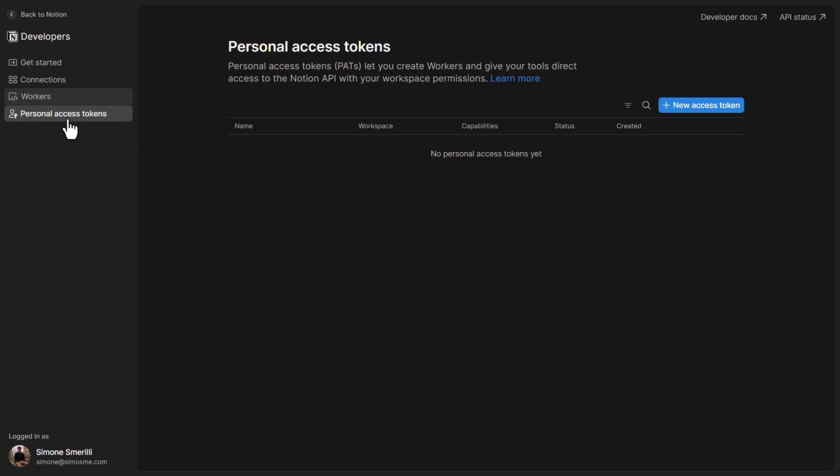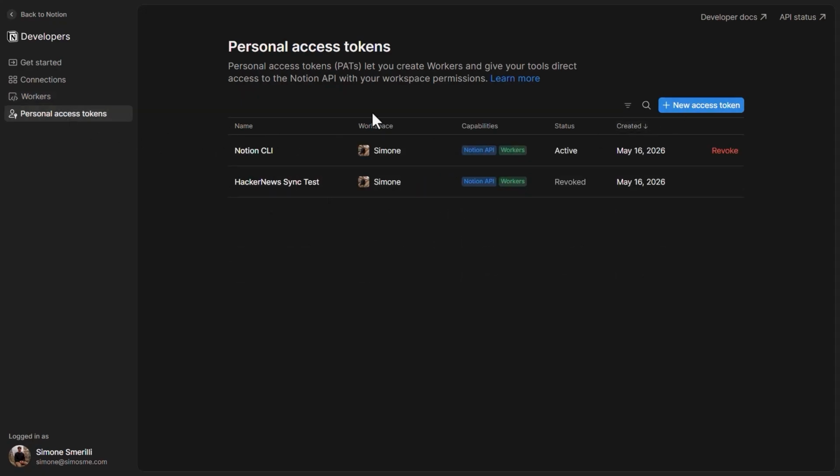Then there are personal access tokens. You can create them manually here, or they also get created automatically if you authenticate via the Notion CLI. There is a dedicated command that you can find in the documentation on how to do that. And then a personal access token gives you the ability to create and manage workers within the workspace that you